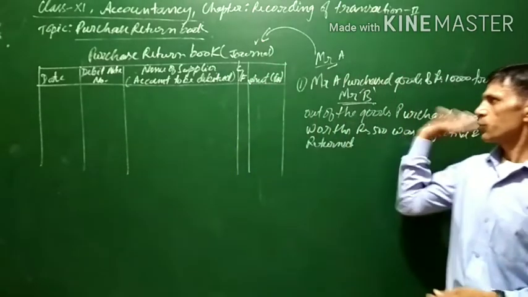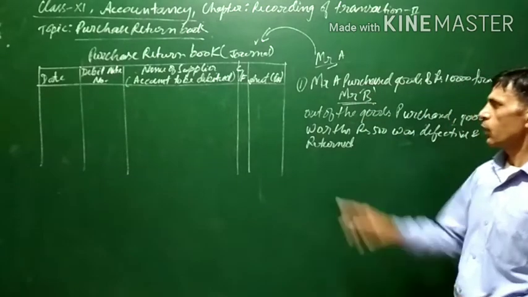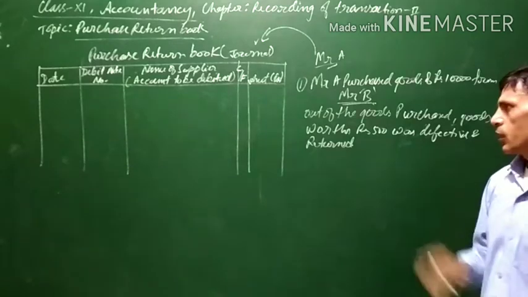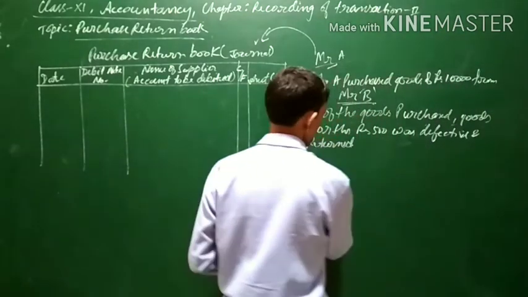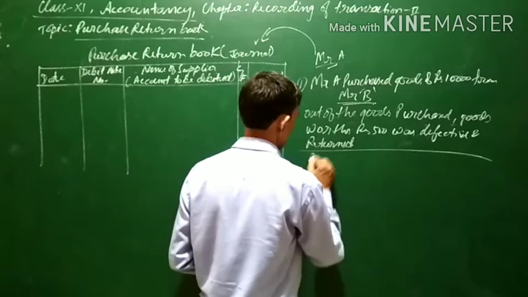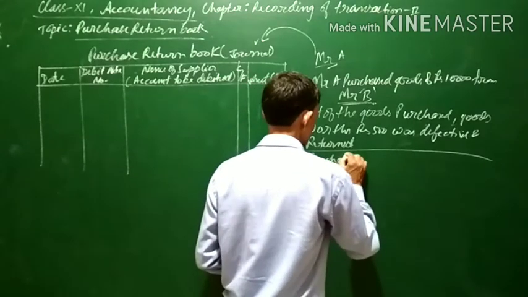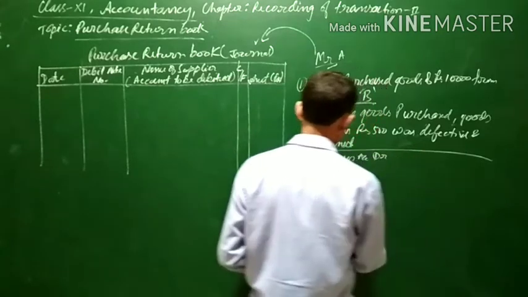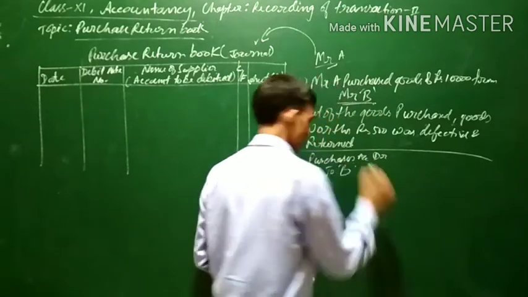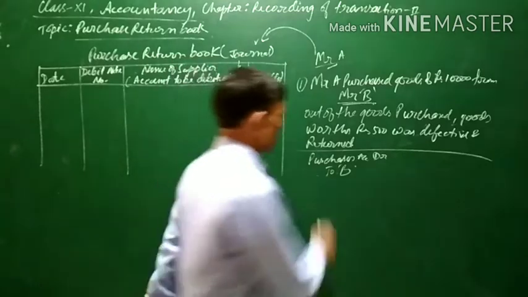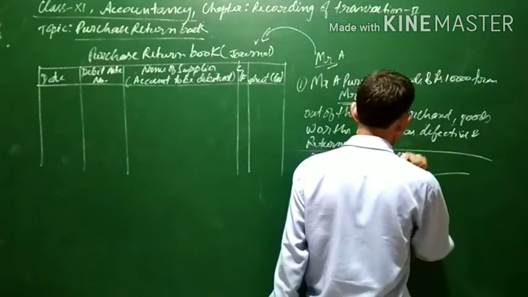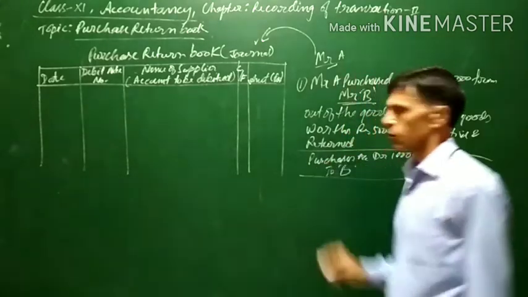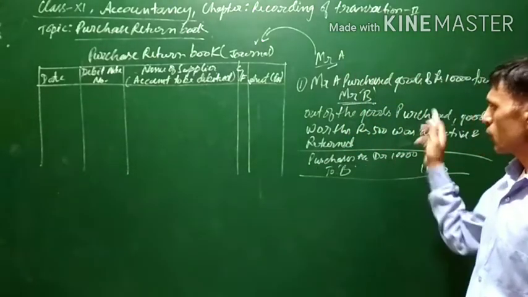Suppose 10,000 worth of goods were purchased, and now out of the goods which were purchased, 500 worth of goods were returned. Now see, whenever goods are purchased, the journal entry is purchases account debit to B. So this was the actual journal entry for purchase of goods. This will be recorded in the purchases book. Now when the goods are returned,